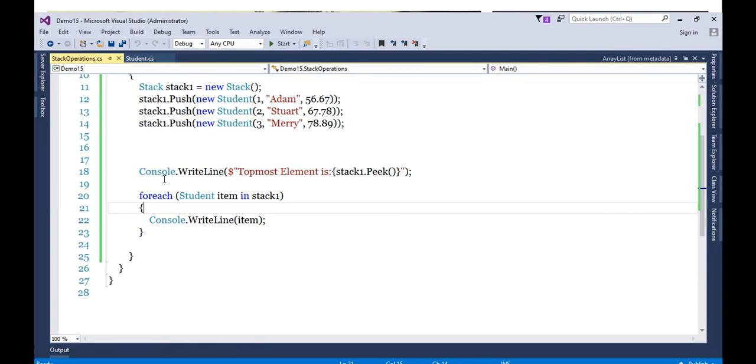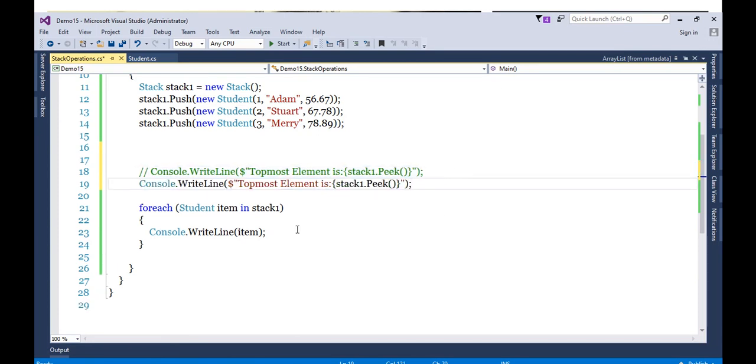On the other hand, in place of Peek, if I use the method called Pop, then what will happen? It will remove the topmost element, and it will remove that from the list.